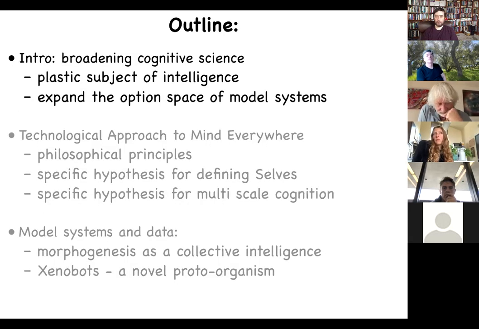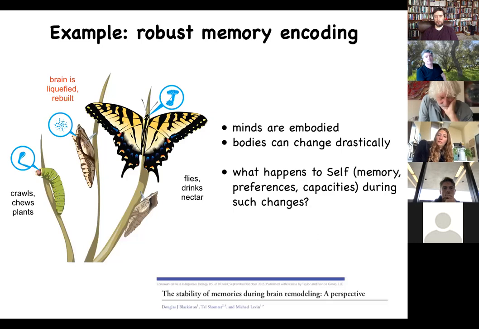So what I want to do is start off by trying to pull at the edges of typical model systems that people use and highlight some novel aspects, and then move into what we've done in terms of this technological approach, and then show you some novel organisms. Okay, so let's just start off by thinking about the typical example that people work with, which is some animal,